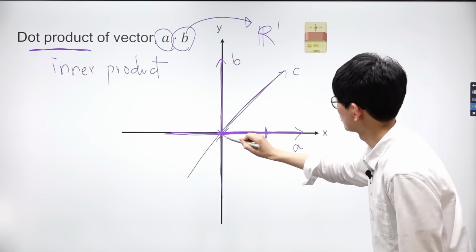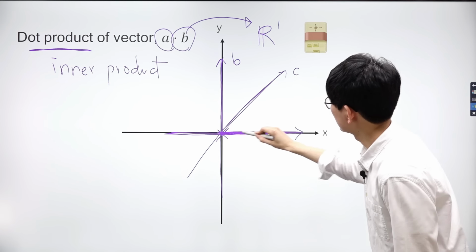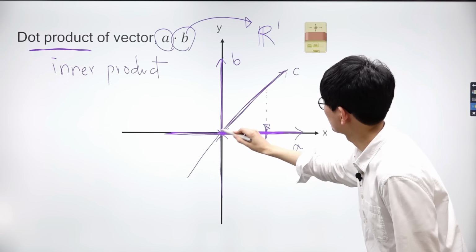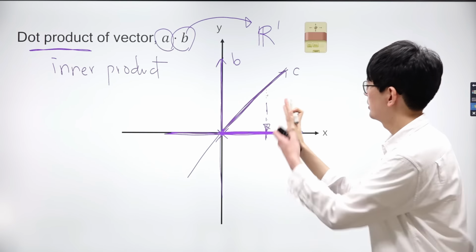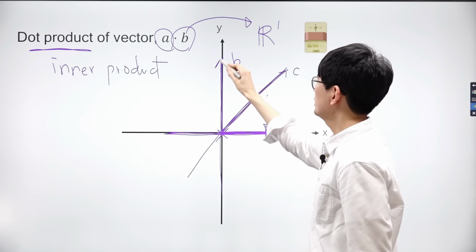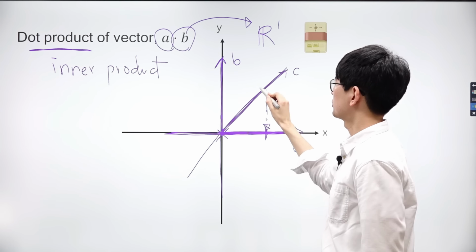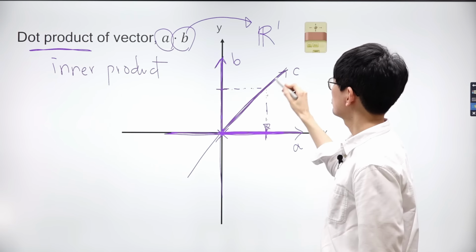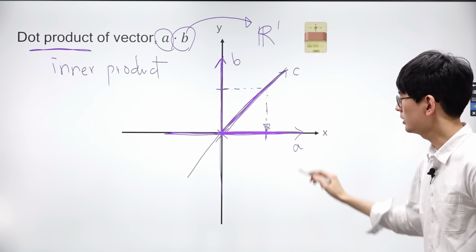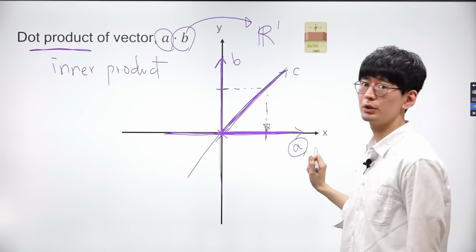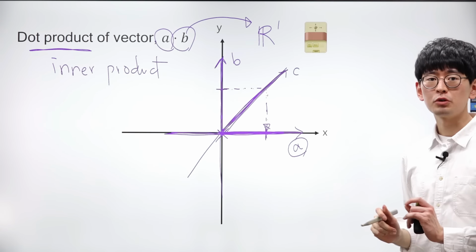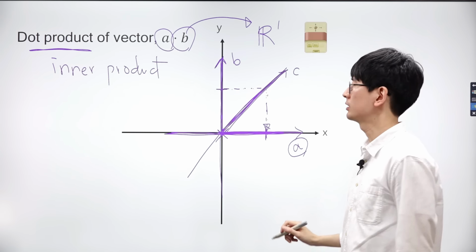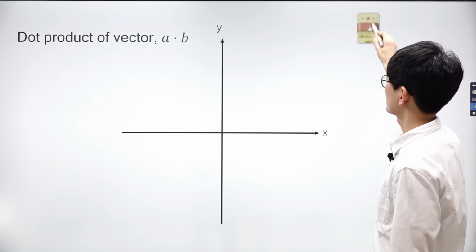Now let's introduce the new vector C onto the plane. Unlike with vector B, the person on vector A can partially see the movement of the person on vector C by observing the shadow of vector C onto vector A. Similarly, the person on vector B can observe the movement along vector C by watching its shadow onto vector B. However, the person on vector B cannot see the movement of the person on vector A at all. When they cannot observe each other's movements through a shadow, the dot product of the two vectors is zero. When they can perfectly observe each other's movement, it's the product of the length of the vectors.